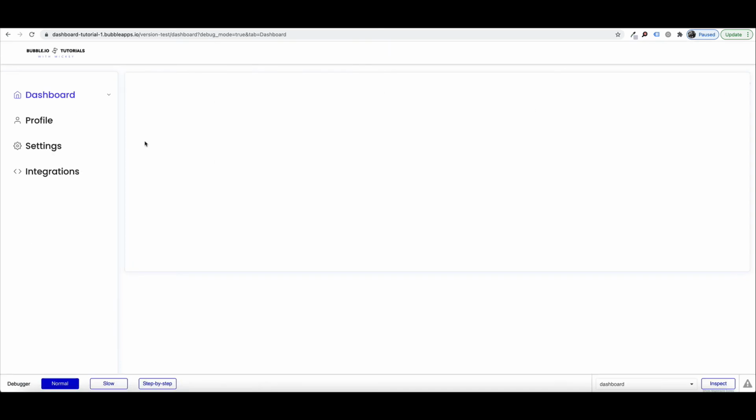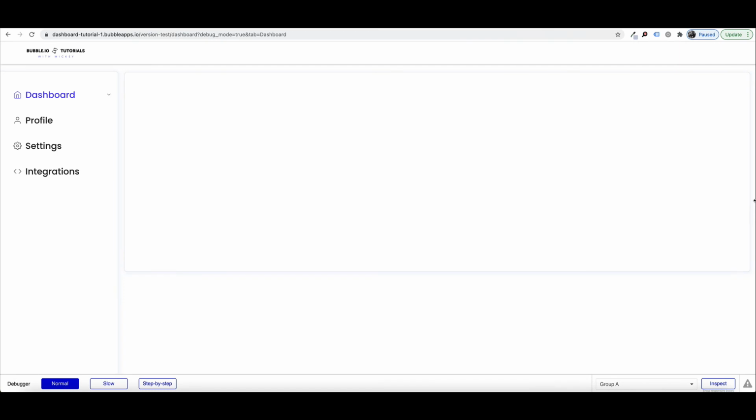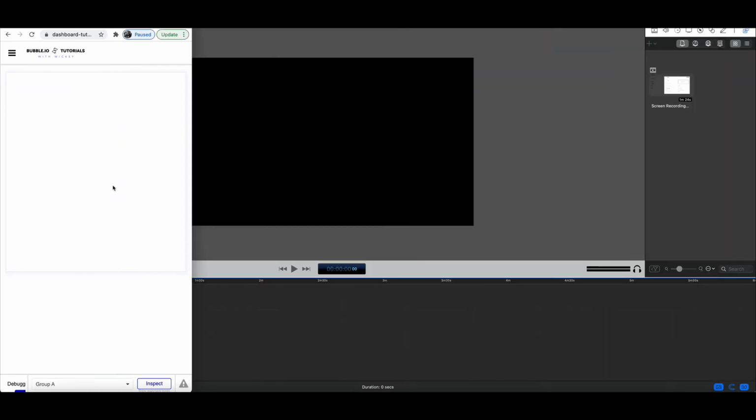Okay, so now we have a nice looking, fully responsive dashboard, and we can select our pages. We can collapse it down to a smaller screen size, and we can see that everything is beautifully responsive. Okay. Now, if you wanted to tweak that a little bit more, depending on how much content that you're putting